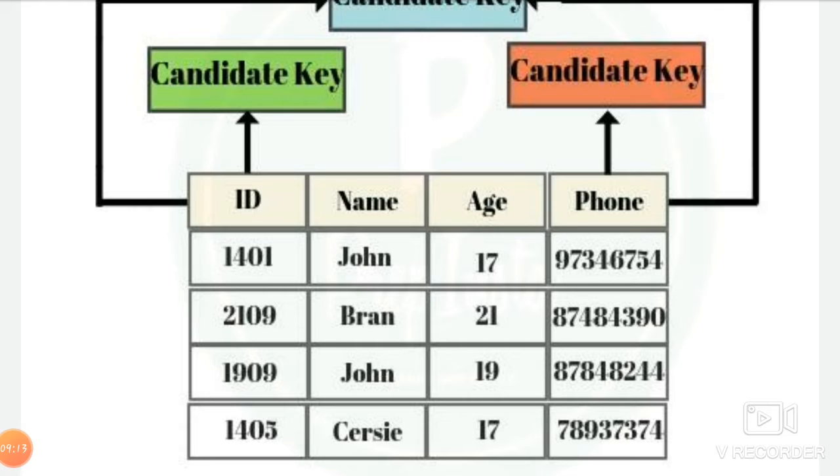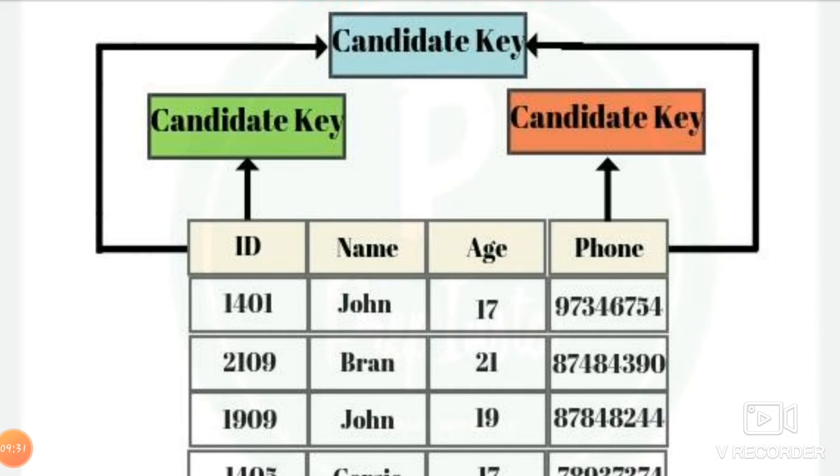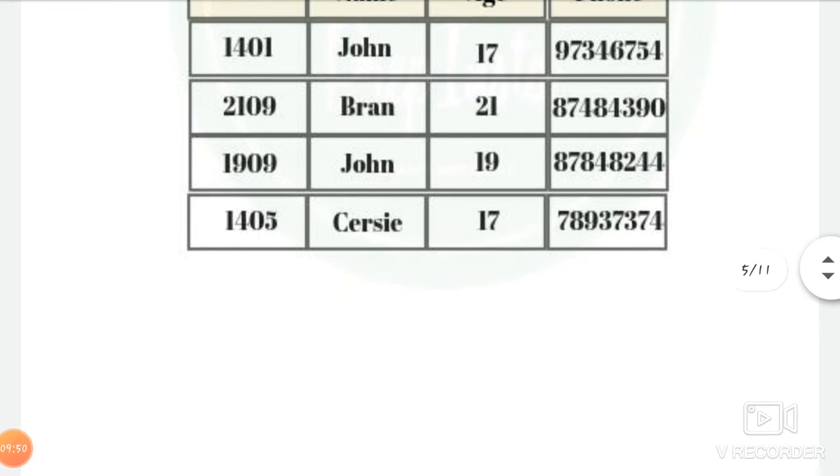As well as the age, there are two persons who have the same age, right? And phone number, definitely phone number will be different, because everybody will have a unique number, right? They will not share the same phone number. So here ID, phone number, and the combination of ID and phone number, these three act as candidate keys, okay? So candidate keys will also have a unique value. It can be a single attribute or a group of attributes, okay?